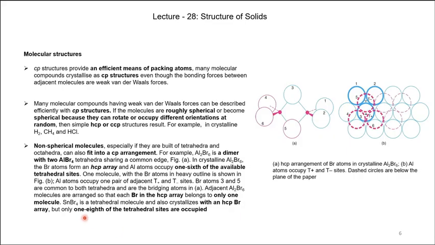And you can see that 1/8 of the tetrahedral sites are occupied. If it is the hexagonal element of bromine atom, then only 1/8 of the tetrahedral sites are occupied. So this is the molecular structure we are talking about. So we see metallic structure, ionic structure, covalent structure, molecular structure, that we can also describe in a closed packing arrangement